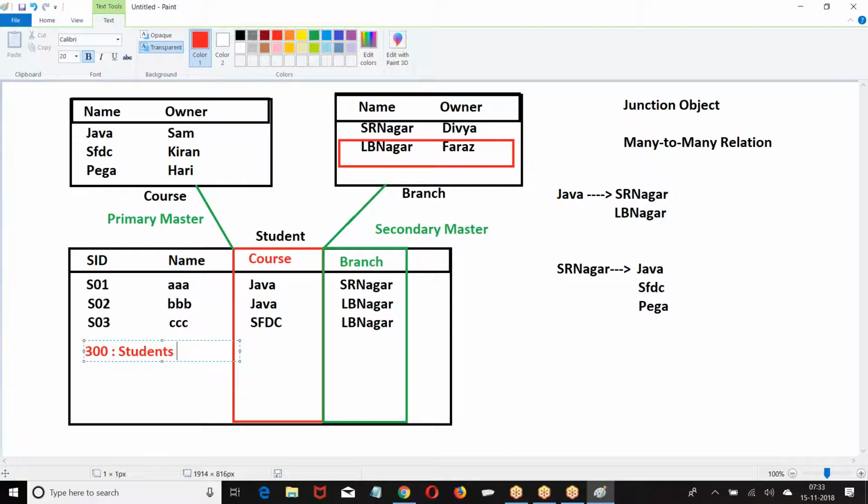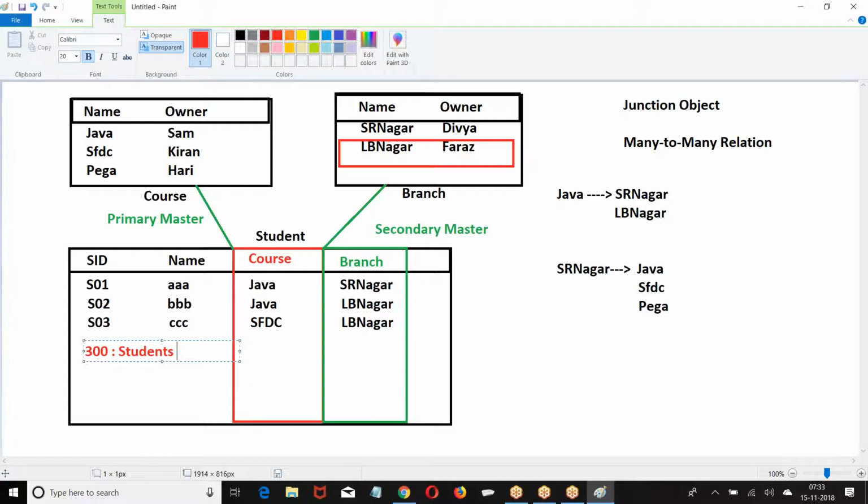Any parent record which has more than 200 child records in the junction object cannot be deleted. I repeat, any parent record which has more than 200 child records in the junction object cannot be deleted.